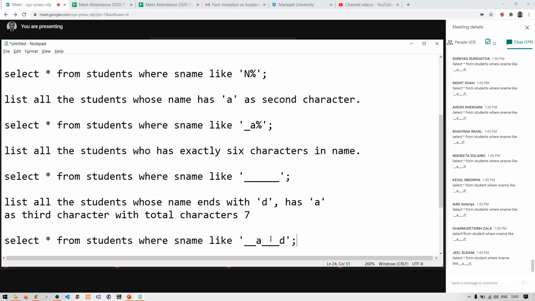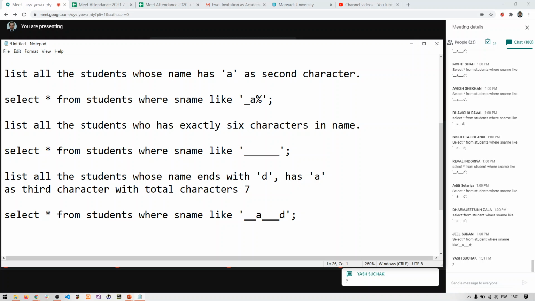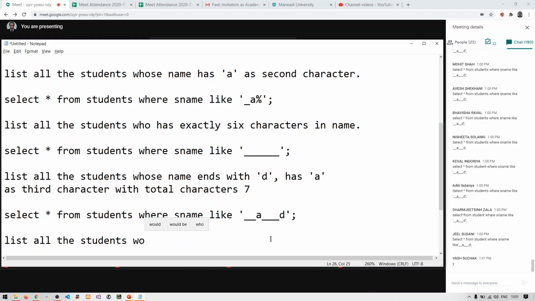Clear with this, everyone? Then let's move to the next one. List all the students whose name starts with H or M and ending with.